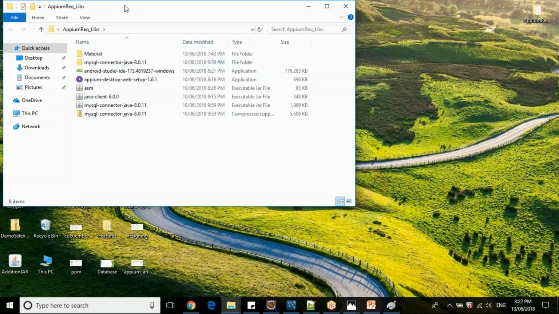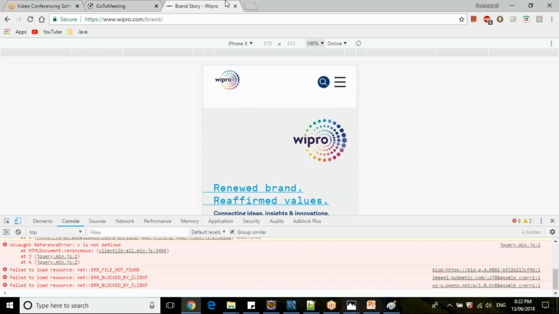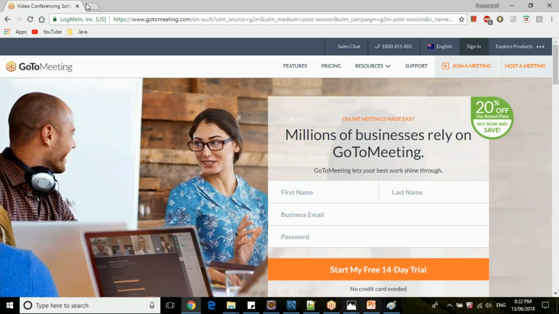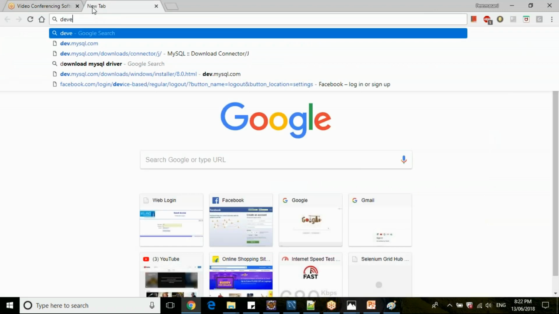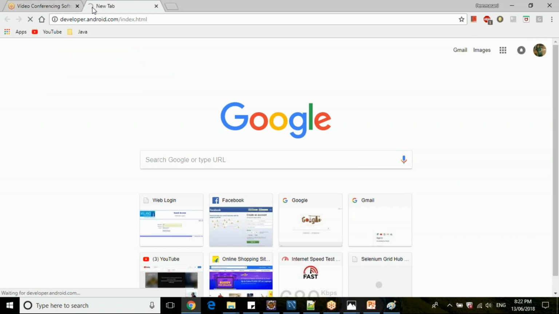So these are the required libraries here. I have downloaded Android Studio here. You can download Android Studio from developer.android.com.